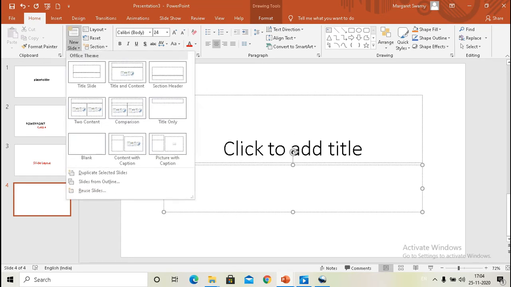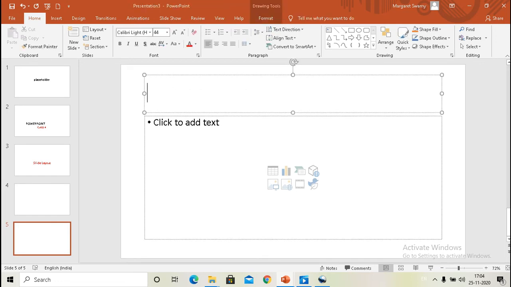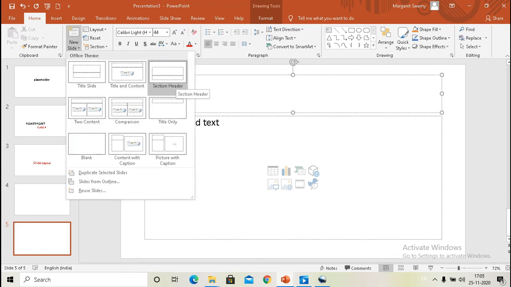Again in the New Slide we have a slide called Title and Content. This is the default layout, so whenever you open this, default will come. Here we can give a title, and in the content section you can give any content, where you can add text and graphics like charts and pictures.